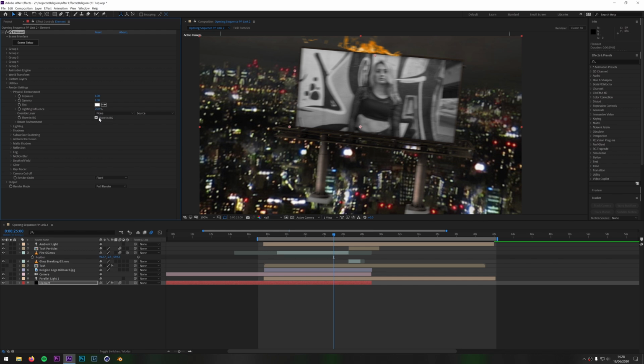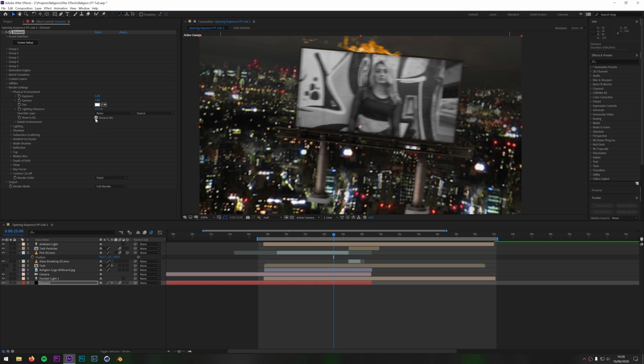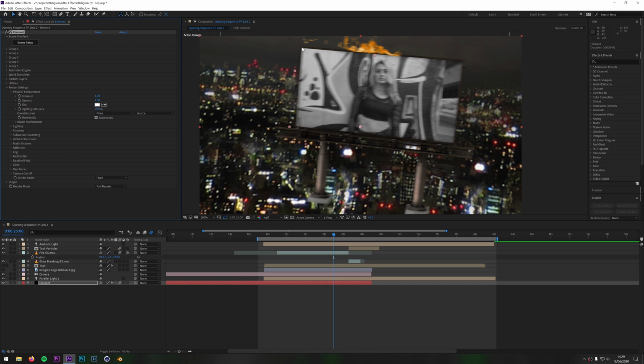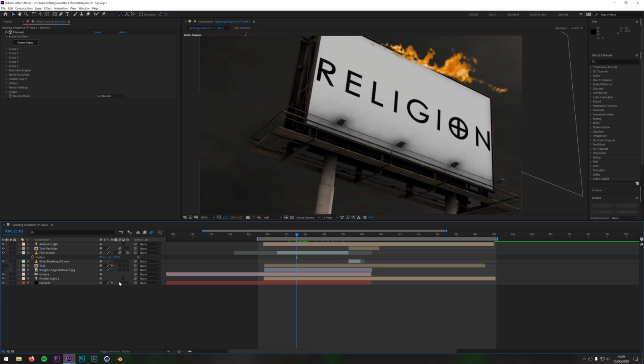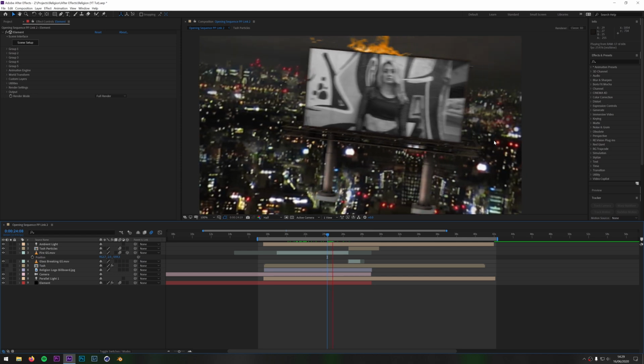And this one here is basically this environment. So what you're doing by this is you're ticking that, and it's just using this background that you're using in the environment as the background for the layer. So if I turn that off, it disappears, and then back on, you can see now you've got the background in there again. Just the last thing really is you want to add some motion blur to the Element 3D as well. Make sure you tick that on so it adds motion blur, else it's not going to add the motion blur to the layer when you spin around it, and you want that because it makes it look more realistic. So there you can see on and off, just gives it that extra bit of dramatic effect, if you want to call it that.